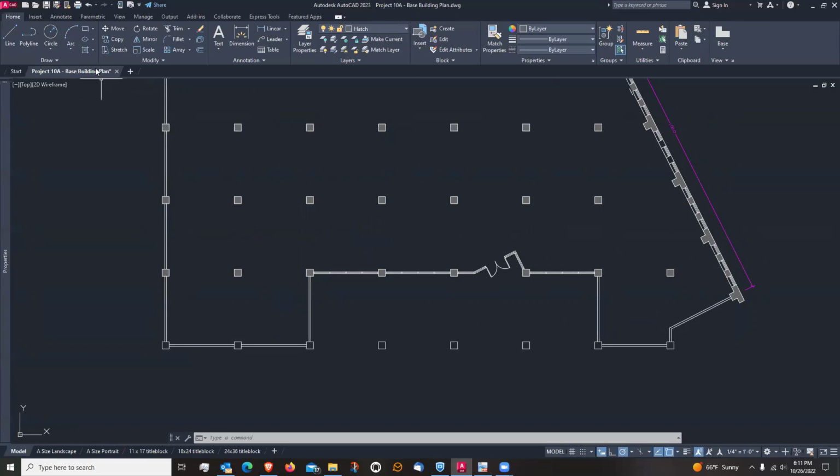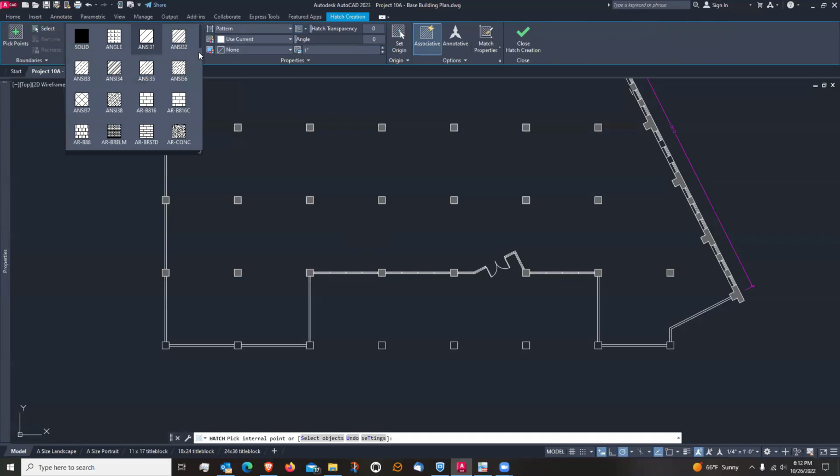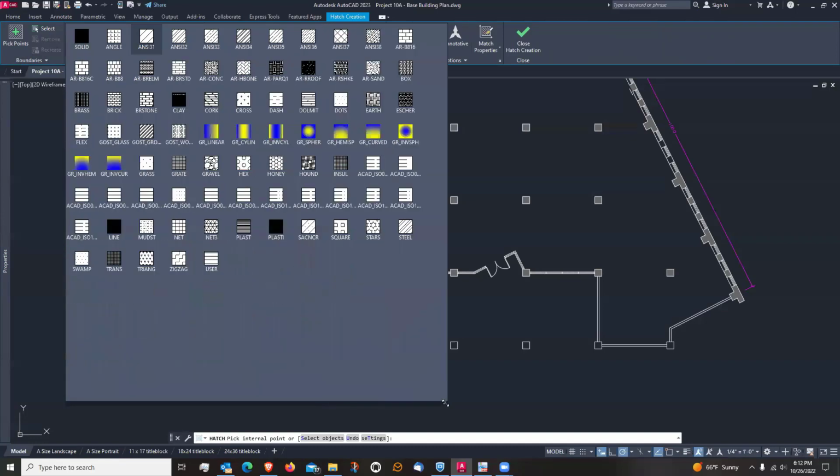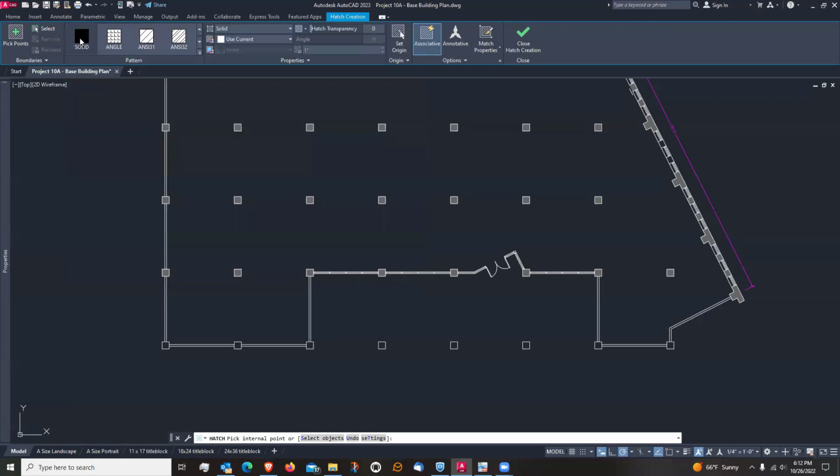All right, so I'll just go to my hatch tool right here. It's in the corner of my draw palette, and mine is set to solid because that's the last hatch that I used. But if you just click down here, and you can pull this out, and you can get all of these hatches. And I believe they're in alphabetical order. But these here are sort of the last ones that you have used previously. So I want to just make sure that I have solid selected,